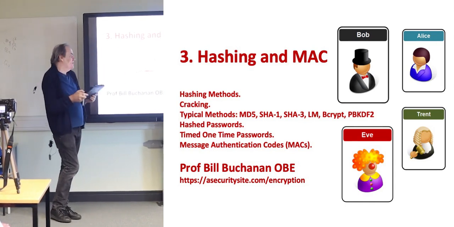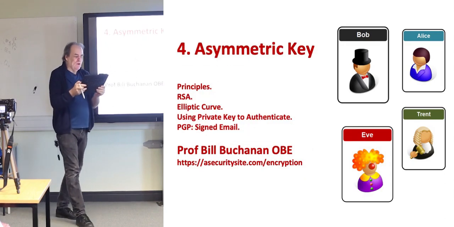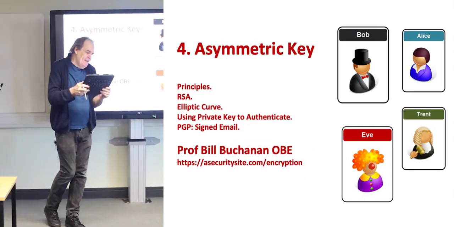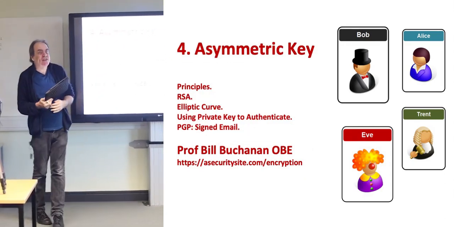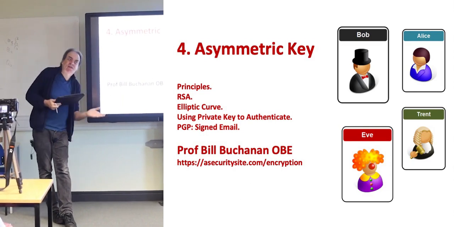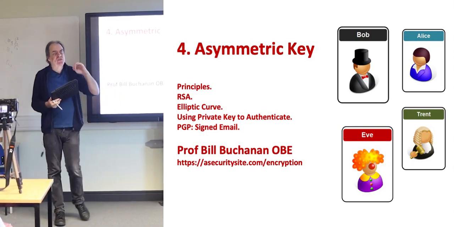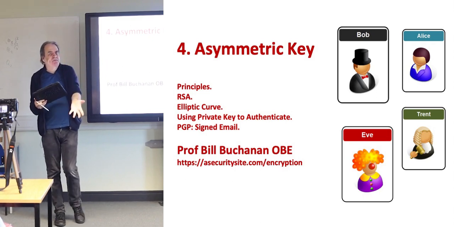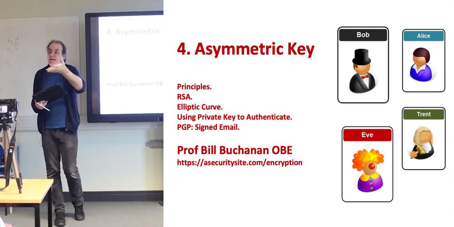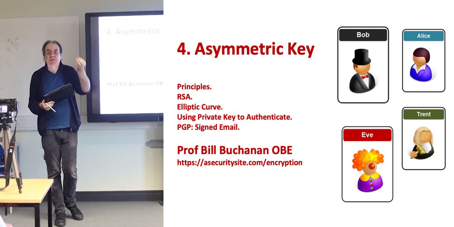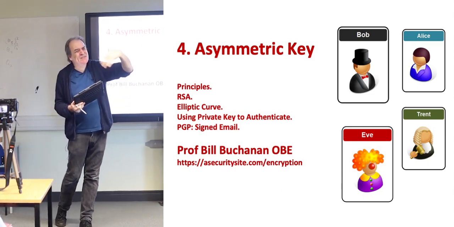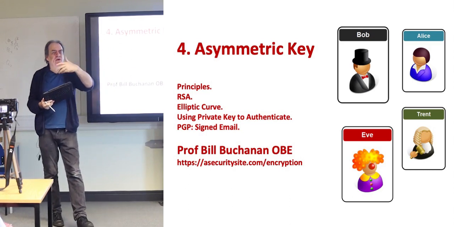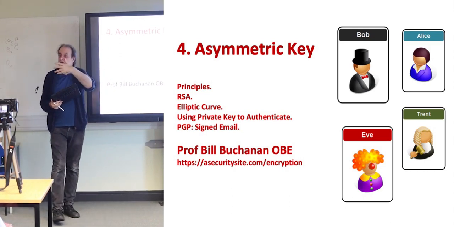And then finally we'll look at message authentication codes or MACs. And then we'll look at public key encryption or asymmetric. Symmetric, one key, asymmetric, two keys, public key, private key. So we'll be taking a deep dive into RSA and trying to understand. We won't go into the complex mathematics of the proof and so on, but we will be looking at the basics of how it works